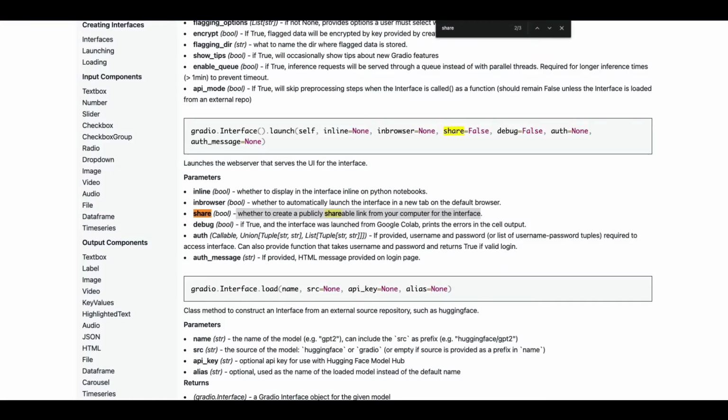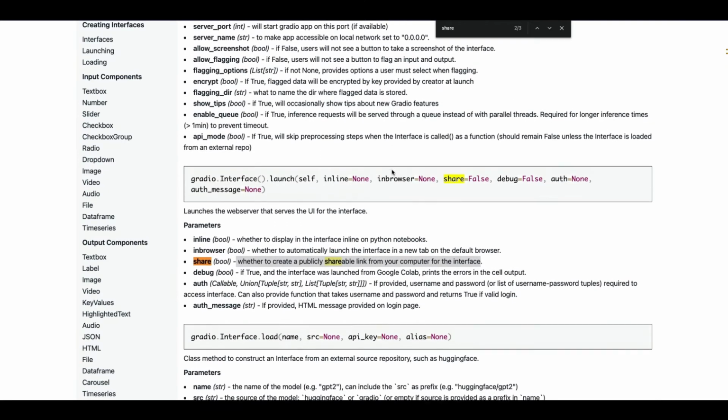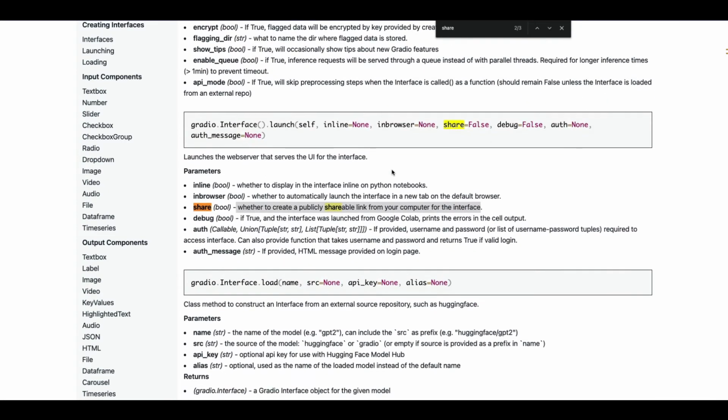And that is quite easy and simple, unexpectedly. Usually adding an authentication page could be another overhead, but it is extremely simple here, because all you have to do is, when you're going to launch the application, give auth, and also, if you want, an HTML message on the authentication page. So I'm going to show you how it works.